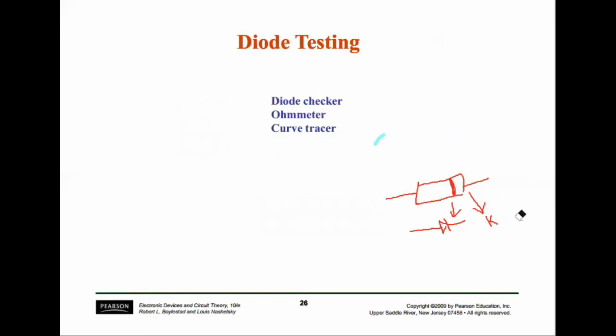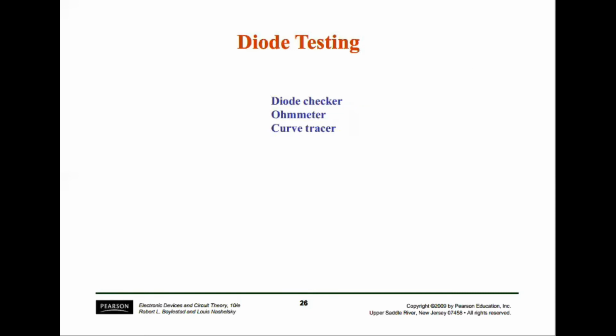Diode testing: testing the characteristics of a diode, to see whether the diode is functioning or not. There are three devices: diode checker, ohm meter, and curve tracer. More frequently, an ohm meter is used for checking the resistance of a diode. When a diode is conducting in the forward direction, resistance will be very low, while in the reverse region resistance will be very high due to the unidirectional characteristics of a diode. So let's see